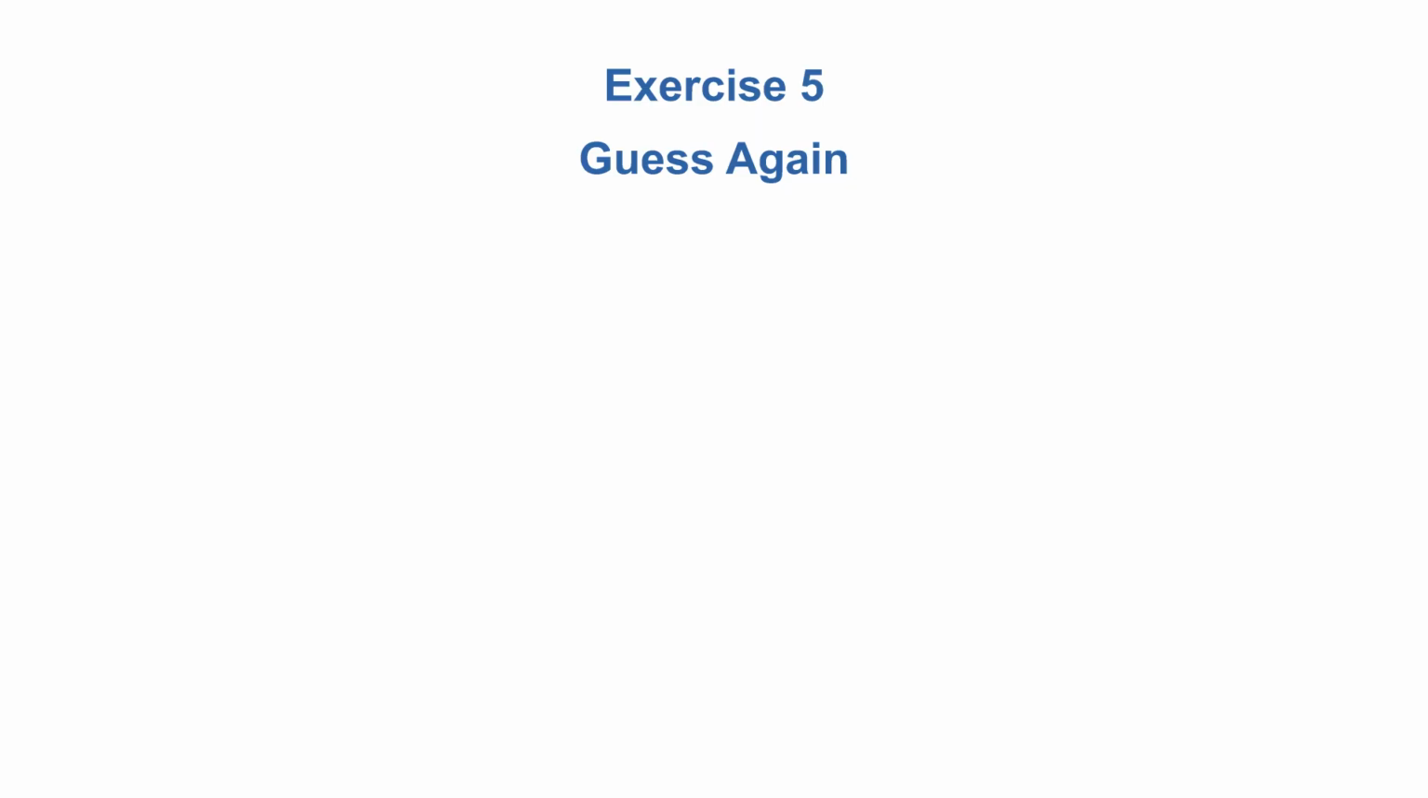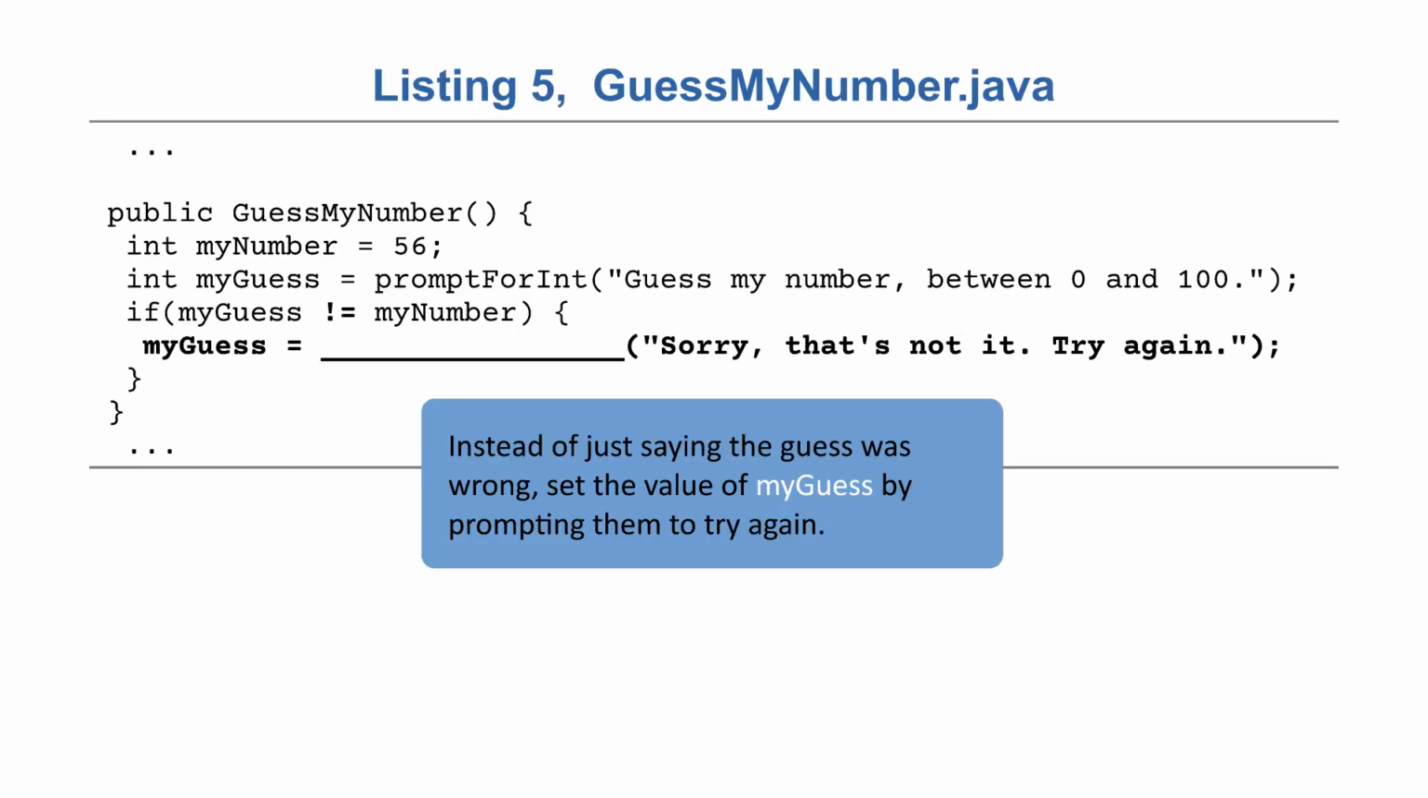If the user didn't guess the number, let's ask him to guess again. Exercise 5. Guess again. Instead of just saying the guess was wrong, set the value of MyGuess by prompting them to try again. Run it. What happened? It should prompt you to enter another guess if you entered anything other than 56, but it doesn't do anything with that new guess. It's time to put this program into a loop so the user can keep guessing until he guesses the right